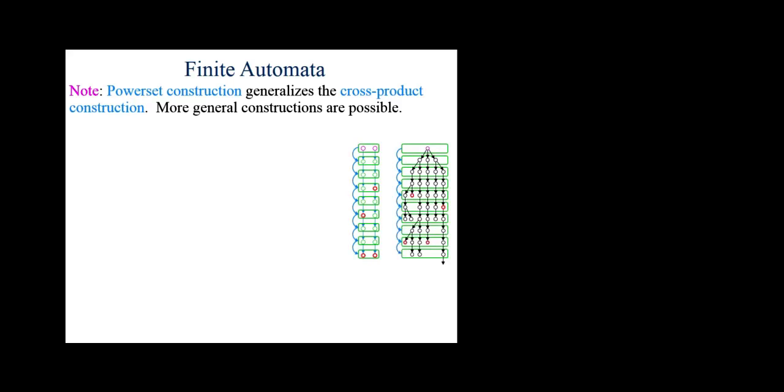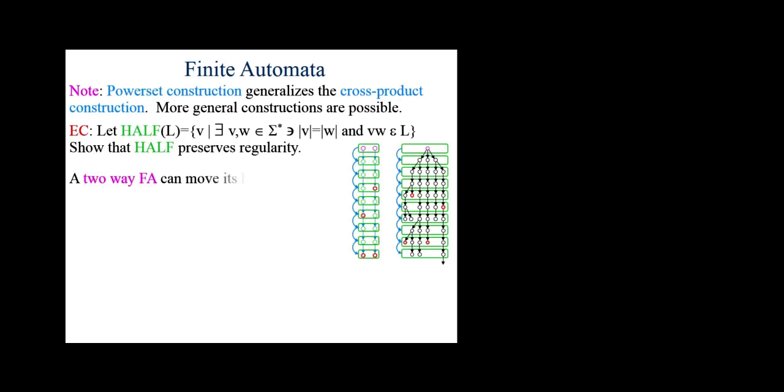So again, here I'm emphasizing that the powerset construction generalizes the cross-product construction. Here's a cross-product construction where it's pairs of states and a super transition function over these pairs. Here, there are any subsets of states and a super transition function over those superstates, which are now made of more than 2, any number up to the original size of the state set Q. But there's at most 2 to the k of them if there's k states in Q. Right?